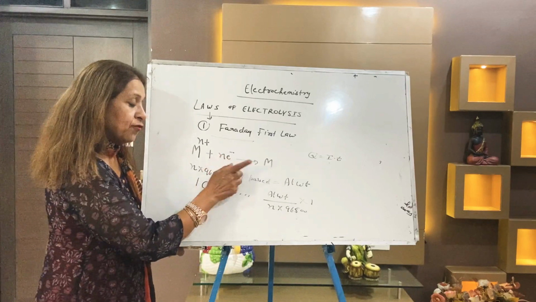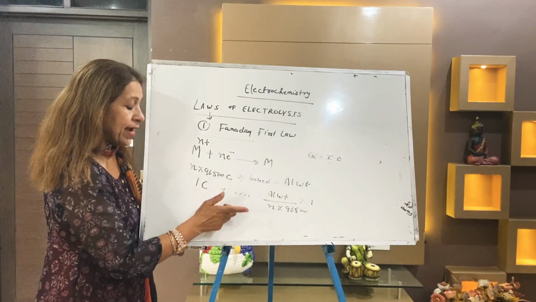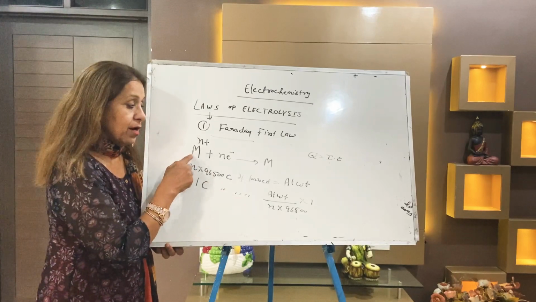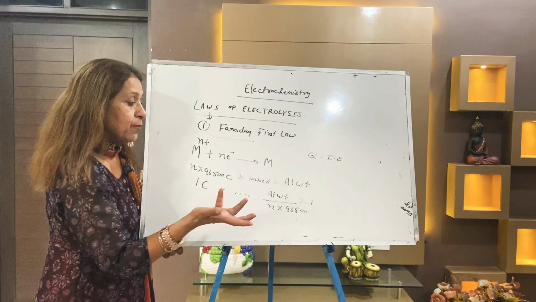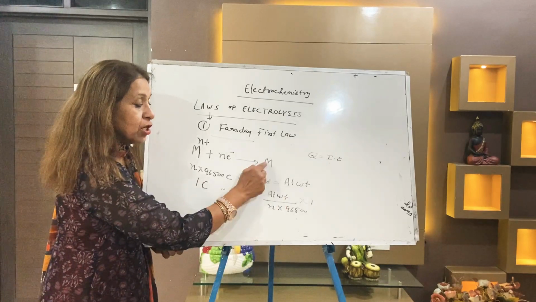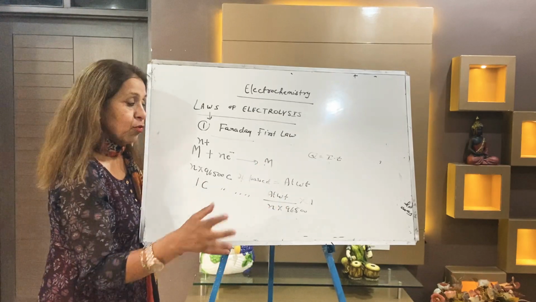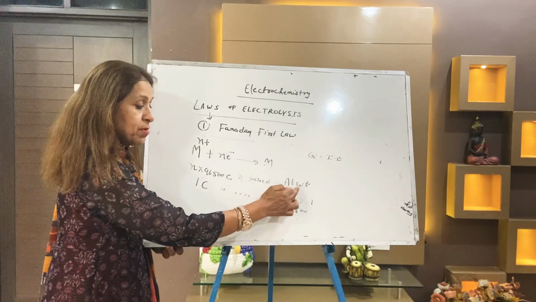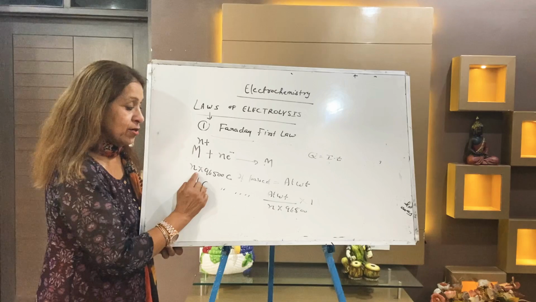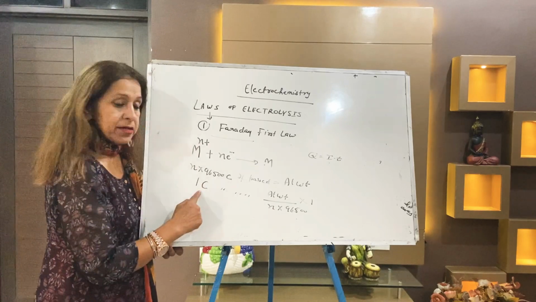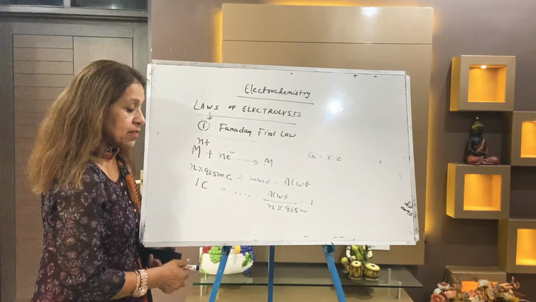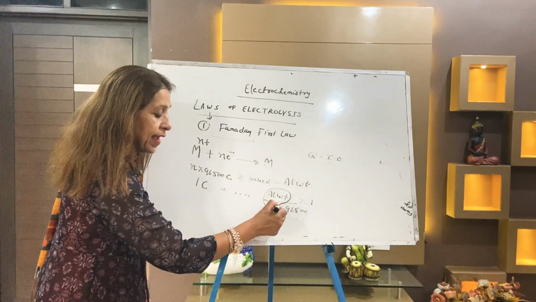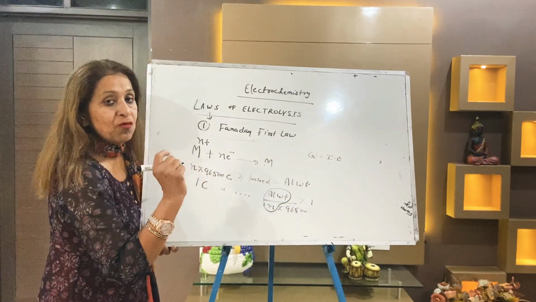If n moles of electrons move, that is n into 96500 coulombs, if passed in the solution of the metal, how much metal is deposited on the electrode? That is its atomic weight. Whatever the metal, we will write its atomic weight. So when 1 coulomb is passed, it comes to atomic weight divided by n into 96500 multiplied by 1. Now you can make it round: atomic weight by n is always the equivalent weight.